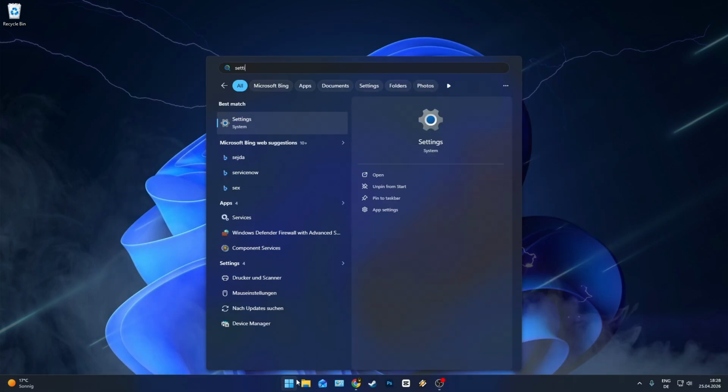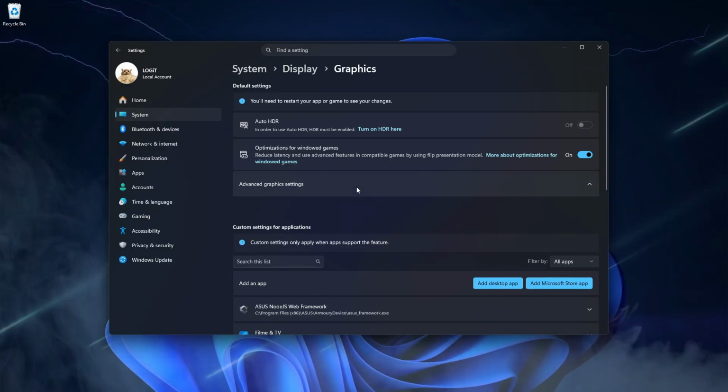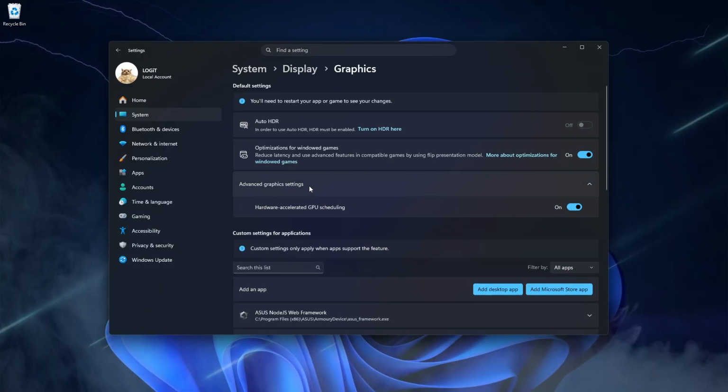boost. Now go to Settings, System, Display, Graphics, Advanced Graphics Settings, and turn on Hardware Accelerated GPU Scheduling. This allows your GPU to manage its own memory more efficiently, which can reduce latency and improve performance in some